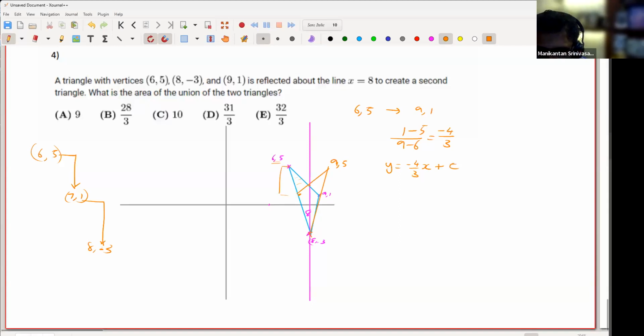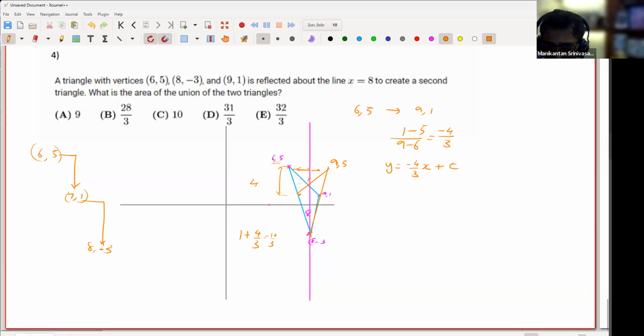This gap is 5 minus 1, which is 4. And this 4 is getting split in the ratio 2:1, right? 6 to 8 is 2. Now 8 to 9 is 1. So when you split 4 in the ratio 2:1, I just have to subtract 4 into 2/3 or add